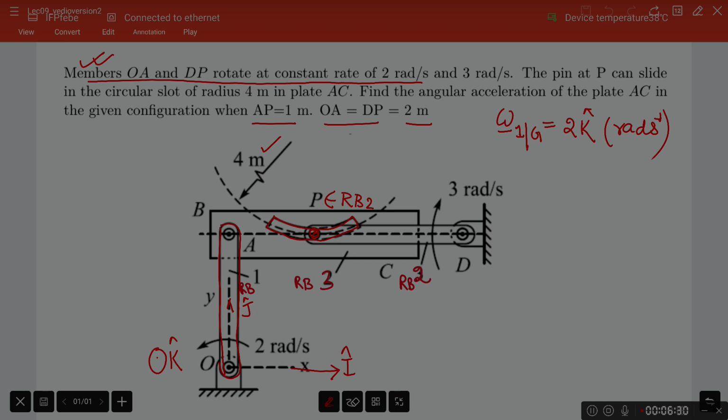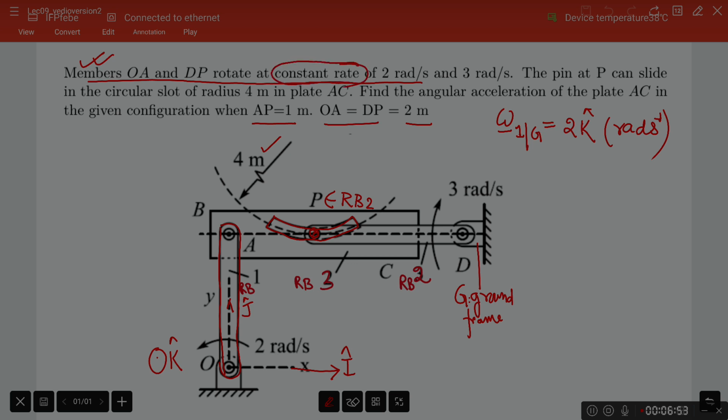Now G I am calling the ground frame. G is the ground frame. So this is one piece of information that comes to me. Further, it is said that these rates